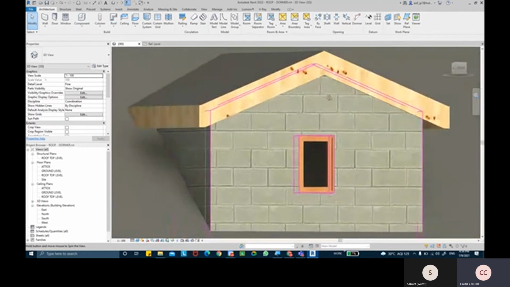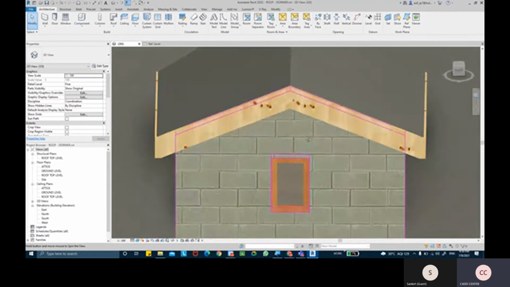The fascia has been added on that roof with the material as well, so it looks good.